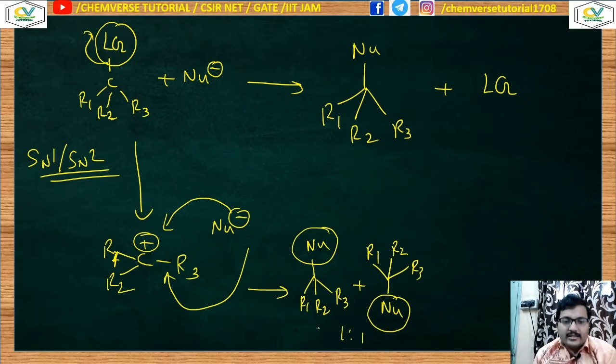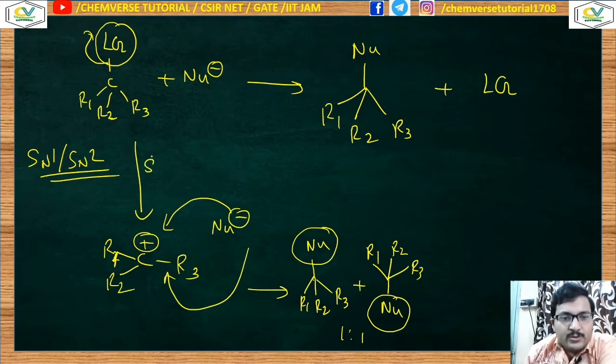This kind of reaction is called the SN1 reaction mechanism. And why SN1? Because over here the bond breaking takes place in the first step. You know that breaking of a bond has a higher energy requirement and it will have a higher activation energy as well. So from here I can say that the first step is nothing but your slow or RDS step. RDS means rate determining step.